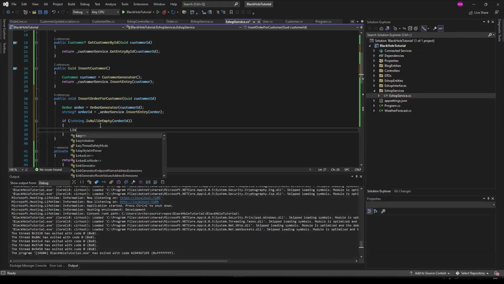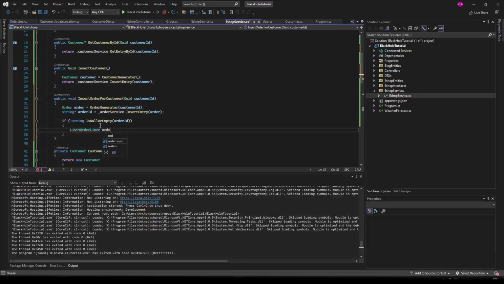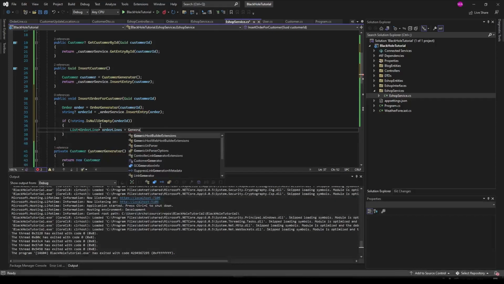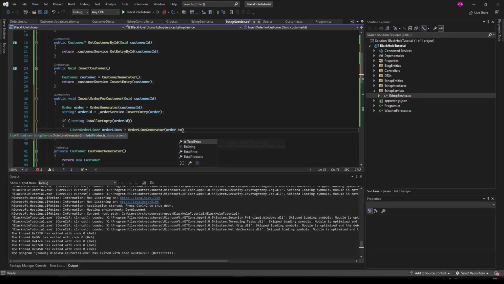we are going to generate a list of order line. All right, order lines which will have the order ID inside them. So generate order line generator, sorry, and it requires total products, so we can say order dot total products, and it also requires the ID, so order ID, and we will get a list of order lines, and now